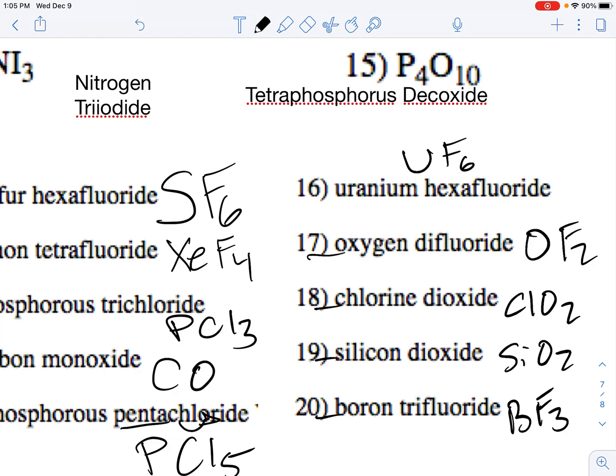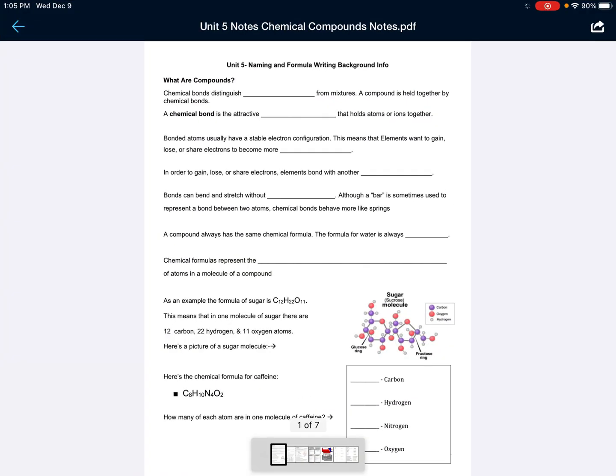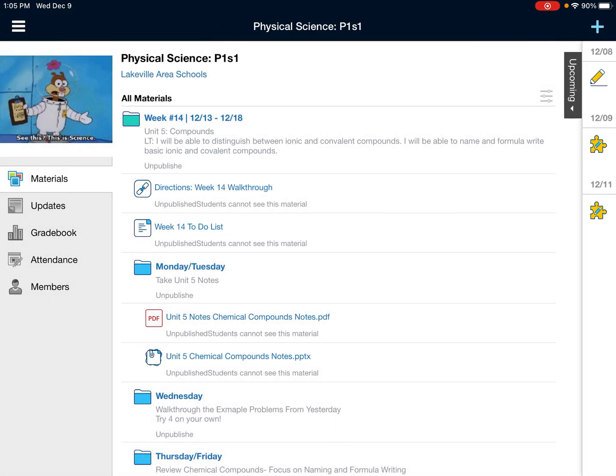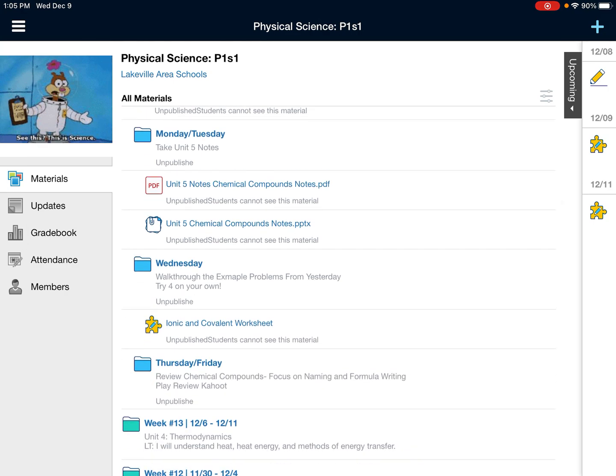So after you finish this, make sure you go back into the folder for today. Let's see if I can get there real quick. And right here, walk through, and then you're trying this ionic and covalent worksheet as quick